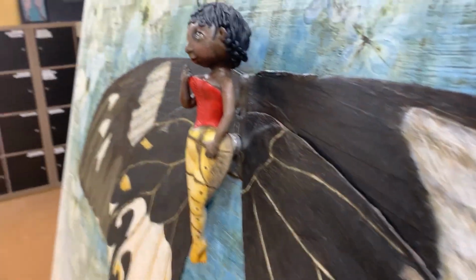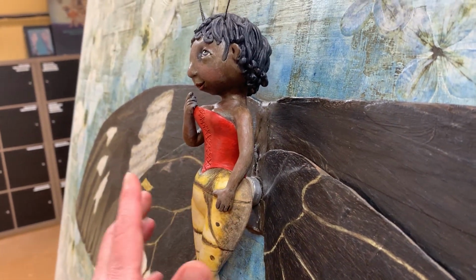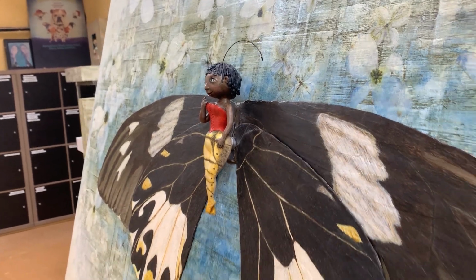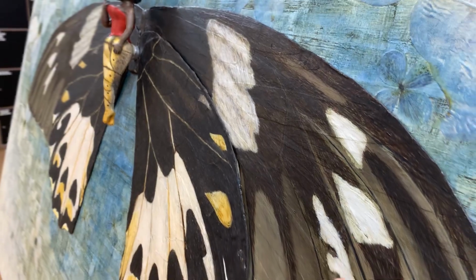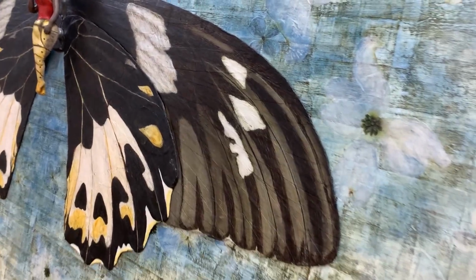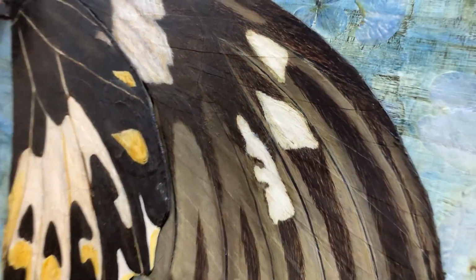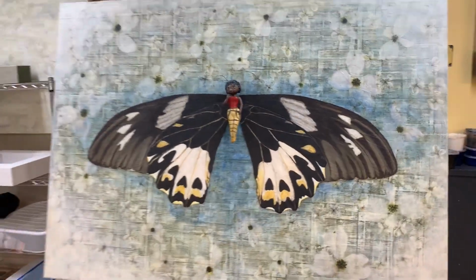This figure actually removes, and so it's a perfect piece for shipping. And then these butterfly wings are actually separate wings. They are made out of mat board and layers of paper. I don't know if you can see the layers of paper. And then they're painted with acrylics. So that's my